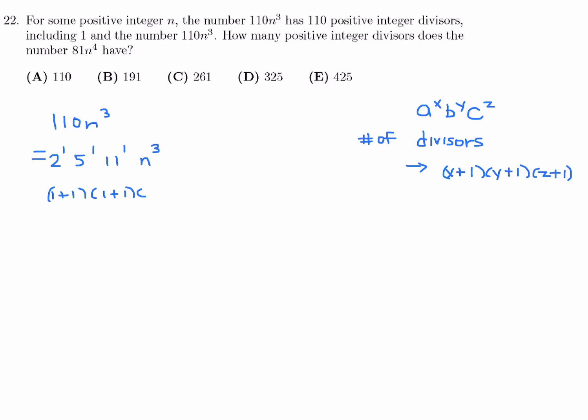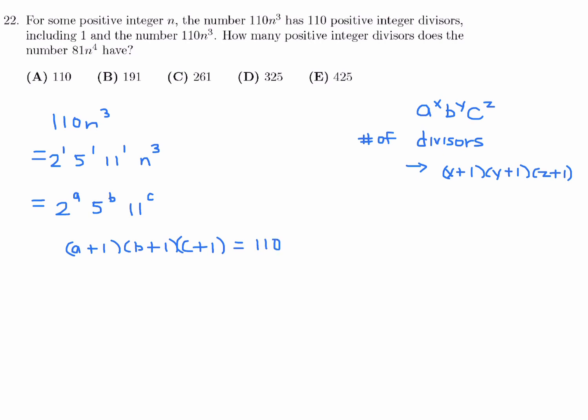Well, the reason it doesn't work straight with the formula is because n, right here, has some of these in it. And therefore, we need to figure that out. So when we look at it, it will probably be something of the form 2 to the power of something, 5 to the power of something, 11 to the power of something. And therefore, a plus 1 times b plus 1 times c plus 1